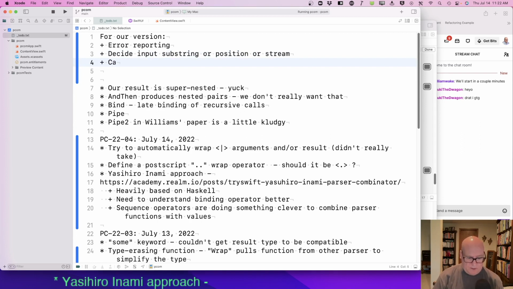Can input be tokens? We have that now. The tokens, if nothing else, track line numbers and column numbers, but they also do a little bit of context look ahead for basic requirements. And the string thing is nice, but I think to integrate with our code, it'll be easier to have tokens. Error reporting, string, tokens.